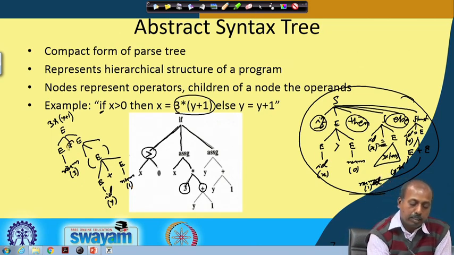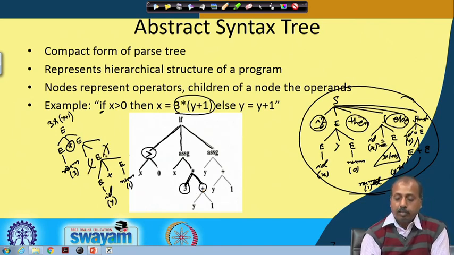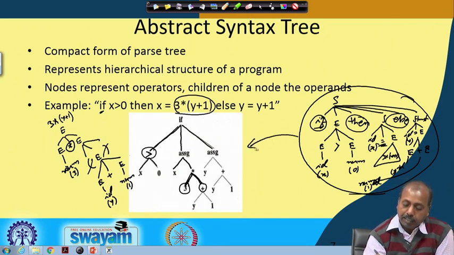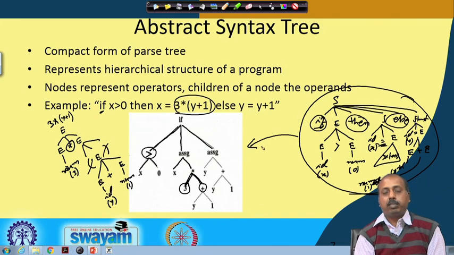This is such a complex thing, but do we really need to remember all these things? As soon as we know that this is star, I should have the left and right operands of this multiplication operation. So, that is done here. This 3 is the left operand, this is the right operand, and similarly for plus also. The brackets and all are not necessary, just removed. So, from the parse tree you can do some modifications, so that the non-essential portions of the parse tree are just trimmed out, and what you have got is the bare minimum skeleton, which will be able to represent the instructions or the statements of the programming language.